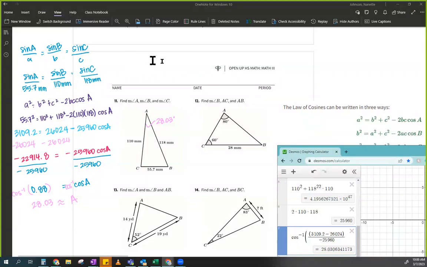Okay, so I'm going to pull this over here and I'm going to write, I'm going to find sine of A, which is 28.03 over A, which is 55.7 equals to sine of B over 110 millimeters. And I'll leave my millimeters in there. They'll get lost eventually. Oops, you can't see what I'm doing. Okay, so once I had my equation, which basically looks like this, sine of 28.03 equals to 55.7 over this, right, equals this. Then I need to solve for B, so I'm going to multiply both sides by 110